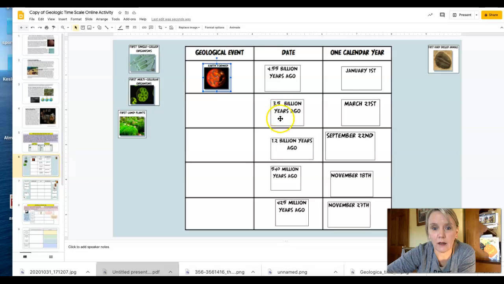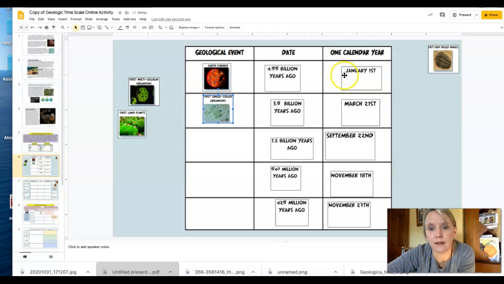Billions of years go by, 1 billion years actually goes by, and the water cycle kicks off. That would give rise to the first single-celled organisms. What this is saying is that if we took all of Earth's time and put it into one calendar year, we wouldn't have even got the first single-celled organisms until March 21st of that calendar year. And so on and so on. So you're looking back at these readings to try to figure out where these things go.